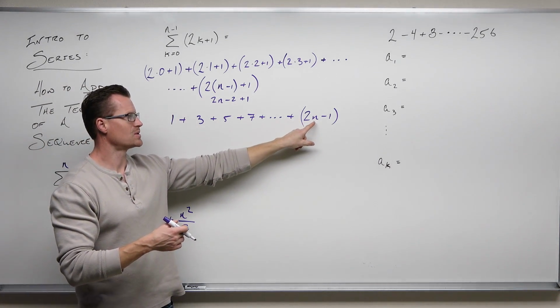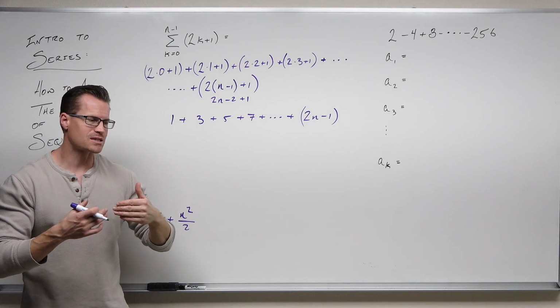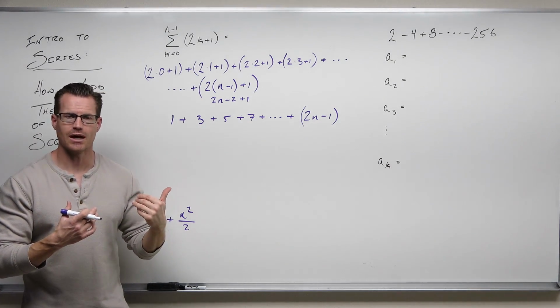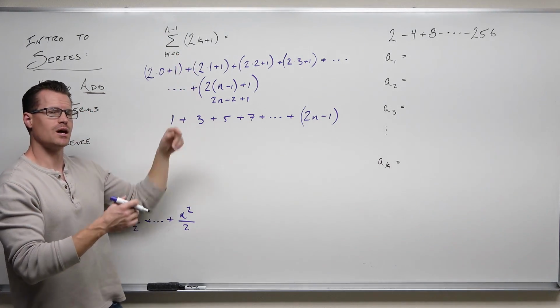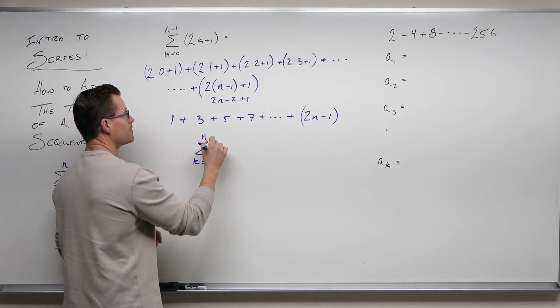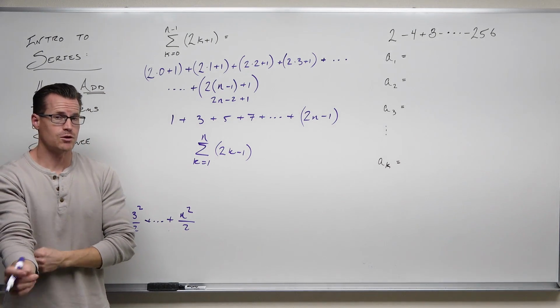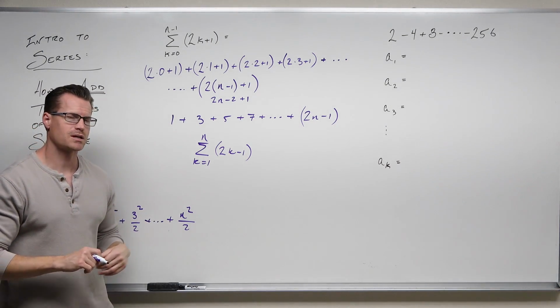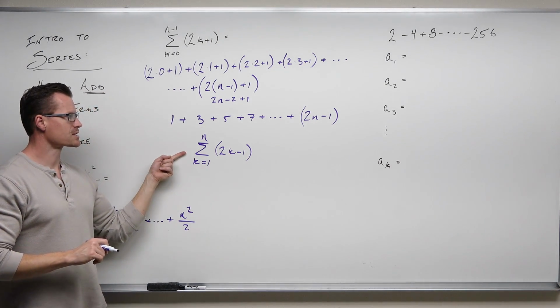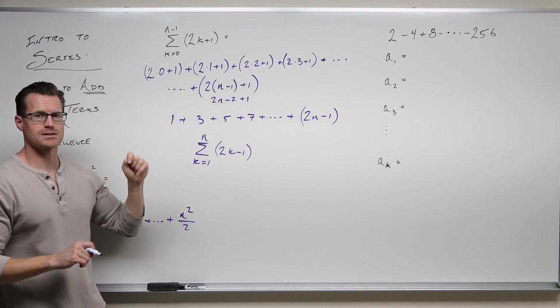Then I have 2 times 1 minus 1 to get 1. You can define them 2 different ways. And some of these series and sequences can be done that way. This defines odd numbers the same way that this does. If you think about it, and you want to do it on your own, I'm not going to spend a lot of time on it, but this is going to give you exactly the same thing that this does.